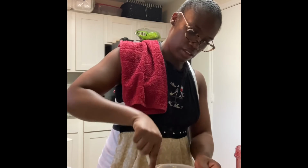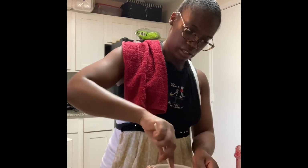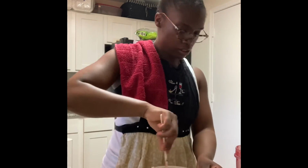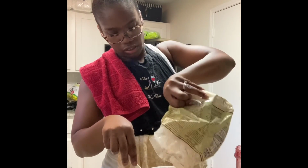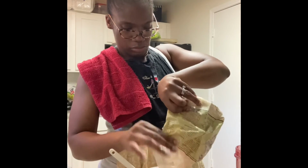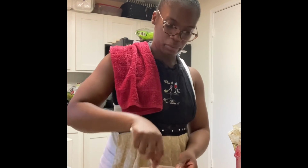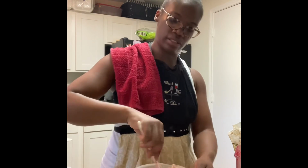Mix that together really nicely. And I'm gonna add just a little bit so we can maintain the previous consistency. I'll add some chickpea flour or gluten-free flour. The chickpea flour with the tapioca and potato starch is the best one to me